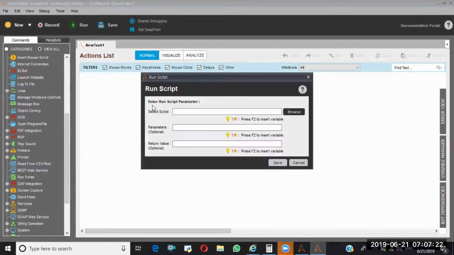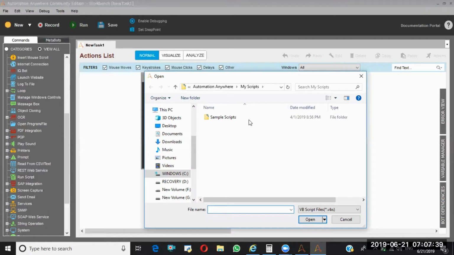Immediately it will give us this run script pop-up window. Here, in the select script part, you have to select the browse command. Whenever you select browse, it will directly redirect to my scripts folder.